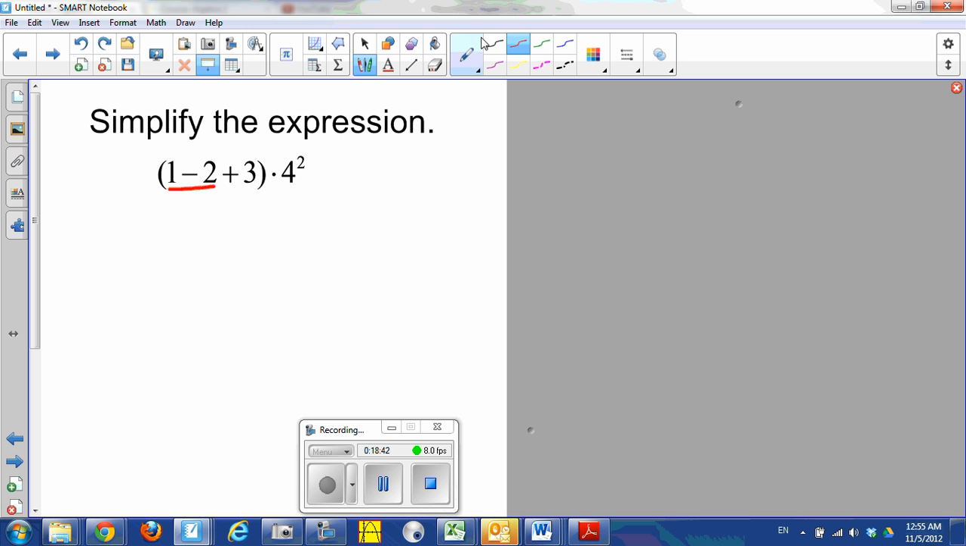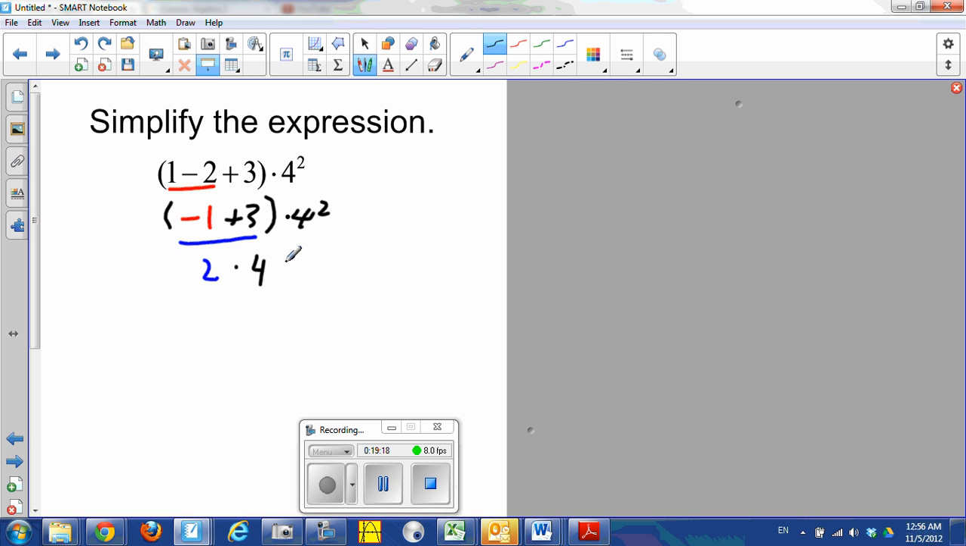So we've got negative 1. Oops, I should have done the negative 1 in red for clarity. Negative 1 plus 3 times 4 squared. Alright, well, we still have more to do inside that grouping. Negative 1 plus 3, that will be 2. So now taking care of that whole grouping, I've got 2